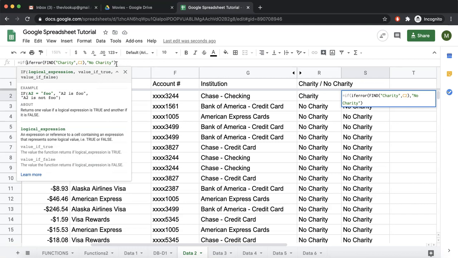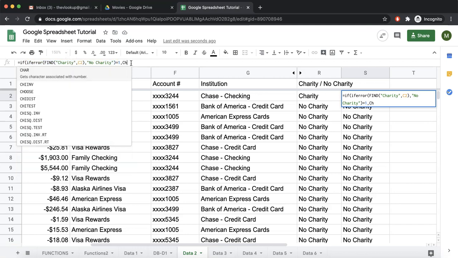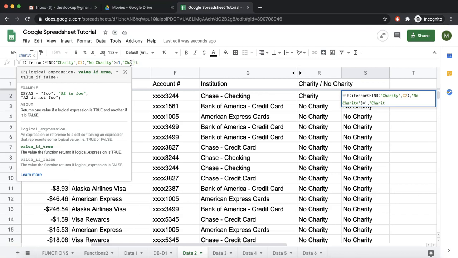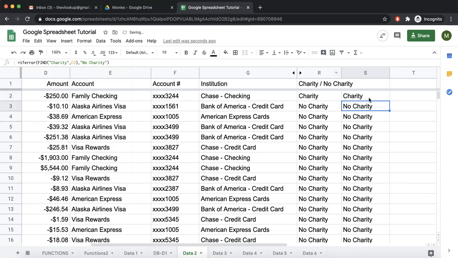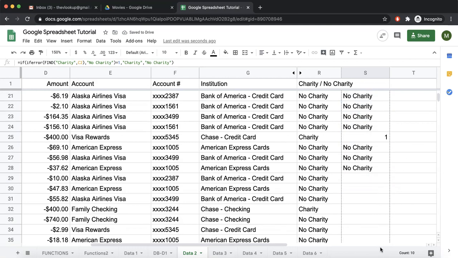If this entire thing is equal to 1 — remember the logical expression that we write, if something is equal to something, or less than, greater than — so if this entire thing is equal to 1, then print "charity", else "no charity". Now instead of getting 1, we are getting "charity", and if it is not a charity, we get "no charity".